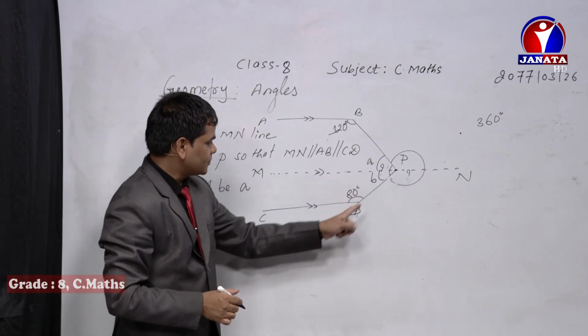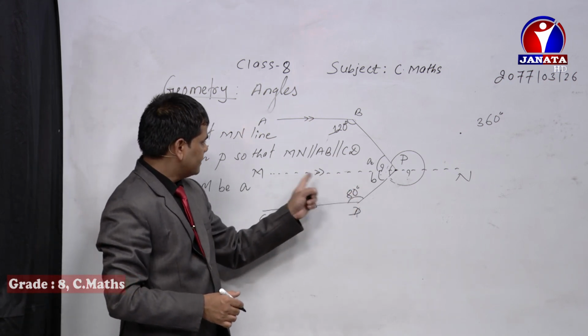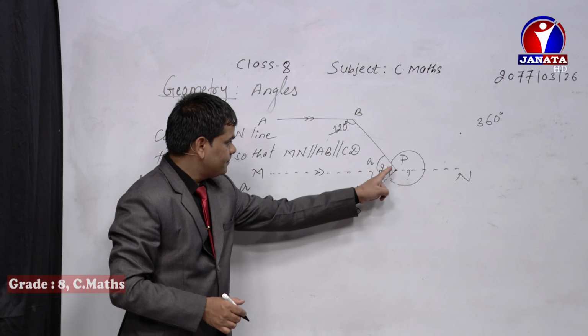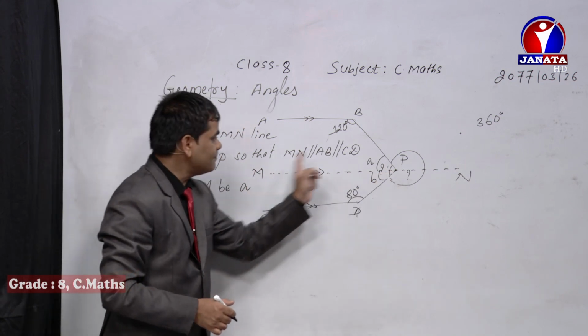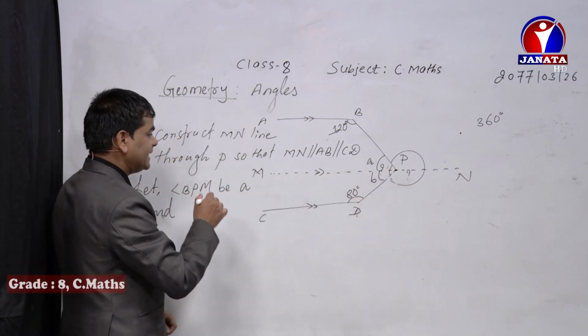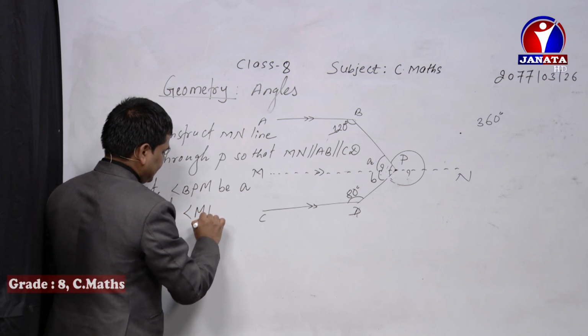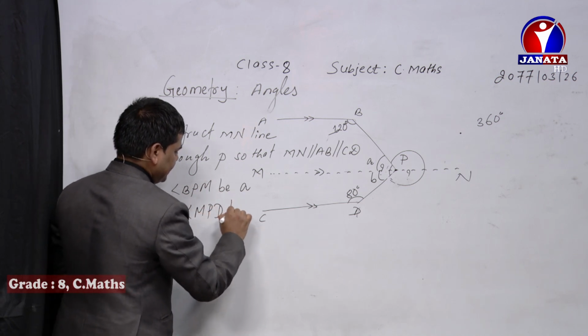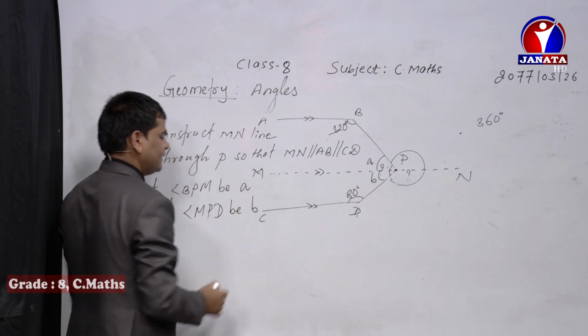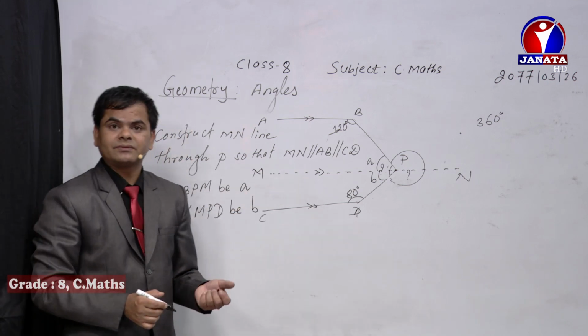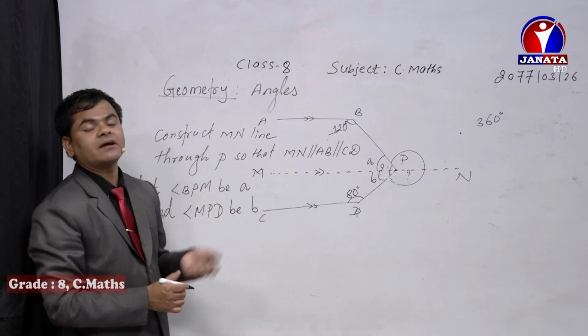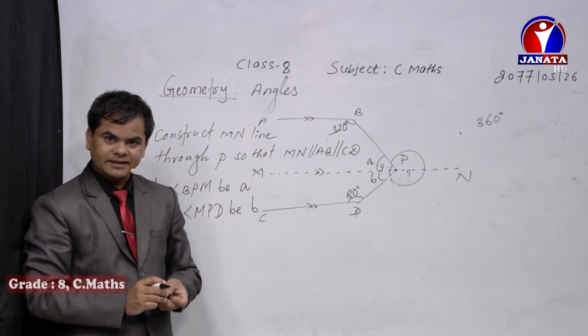To this one, what do you write? DPM or MPD. You can write MPD as well. So angle MPD be B. These are the procedures, the things to be mentioned by us while solving this question. Now